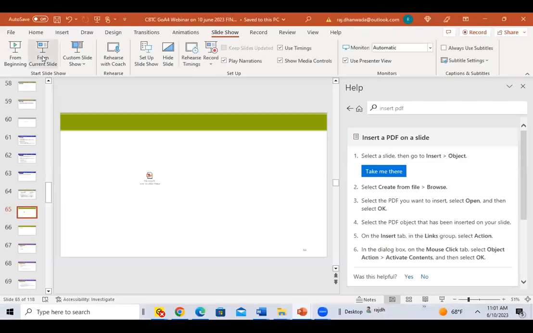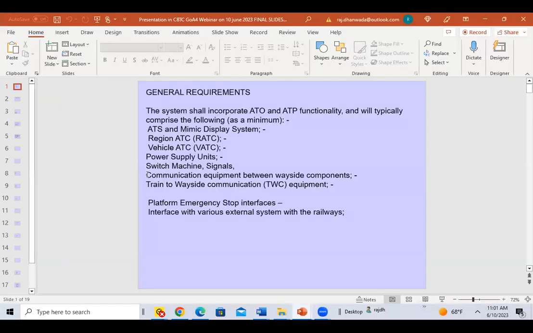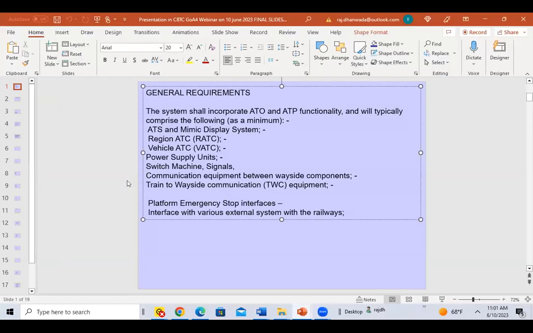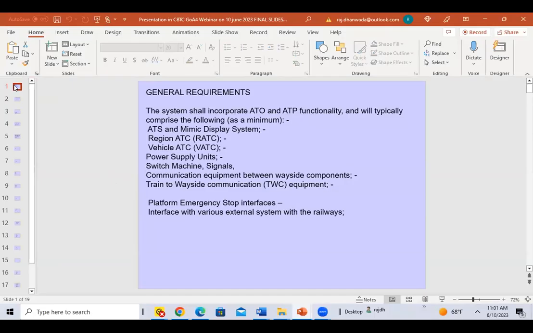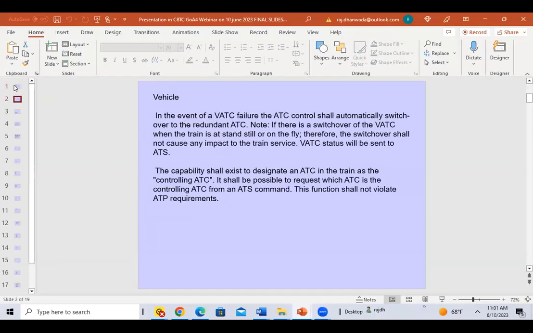Just a minute. Average speed of ATP, CBTC is about 40 to 60 kmph. Yeah, here, are you able to listen to me? Yes, sir. Please proceed. So actually, we have given general arrangements for CBTC, especially for GOA4,